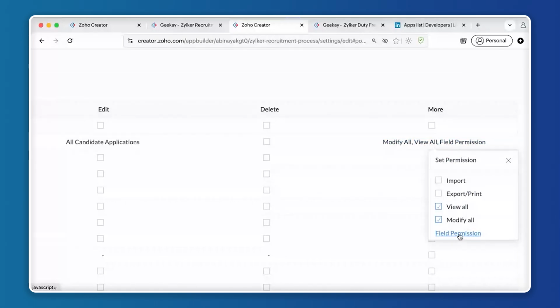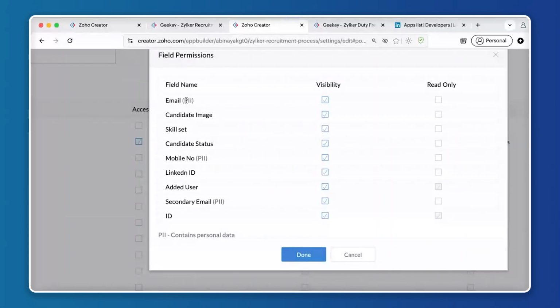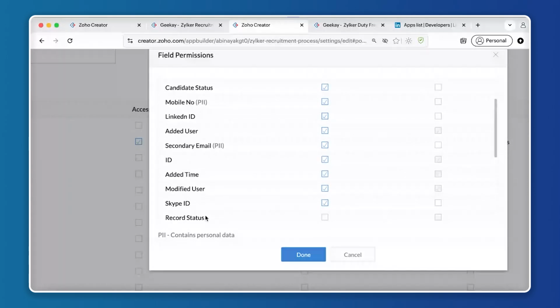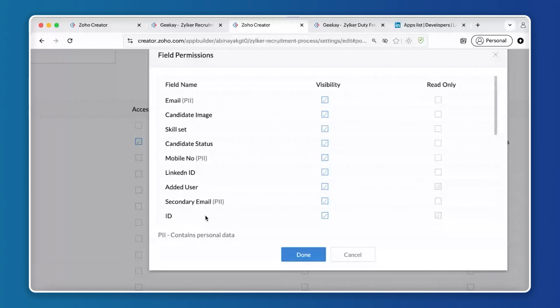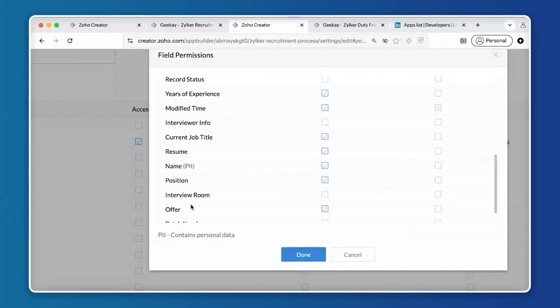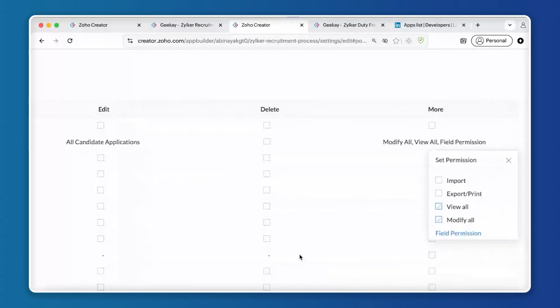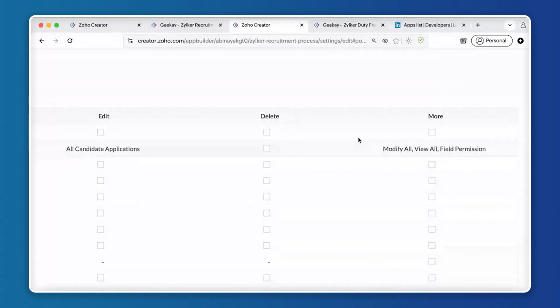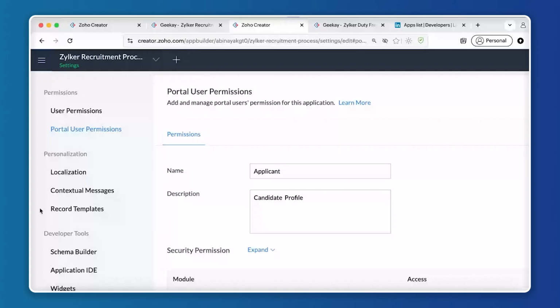Now, let me get into this field permission option, and then this has got the personally identifiable information, PII data, EPHI data, and all the fields where you can set the permission level, the visibility, and if you wanted to enable just a read-only option, you can do so by enabling this read-only option. So here we have disabled it for the batch number, interview room, and the interviewer information. Now, when the candidate is trying to access the portal,